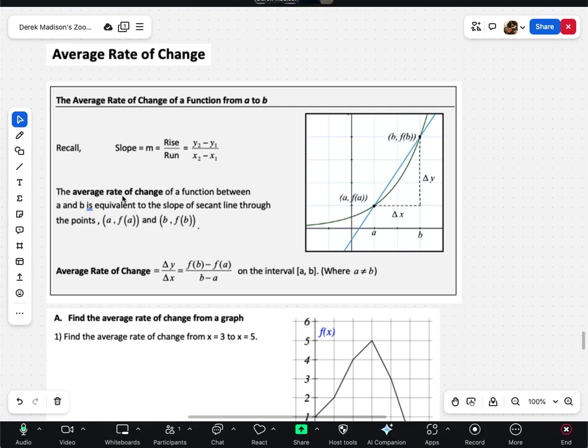Hey all, so in this section we're going to look at average rate of change. I'll start with going through some definitions here. This is going to relate to slope. Average rate of change is essentially finding the slope of a line through 2 points. We'll look at linear functions more in the next chapter, but this is just going to kind of preview that